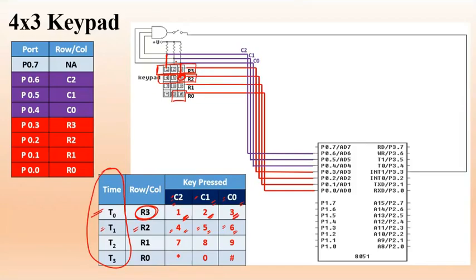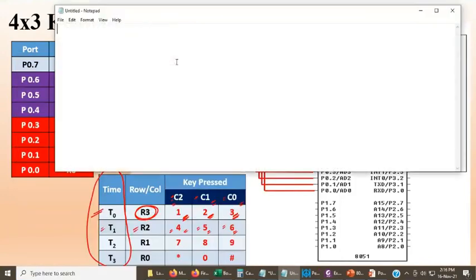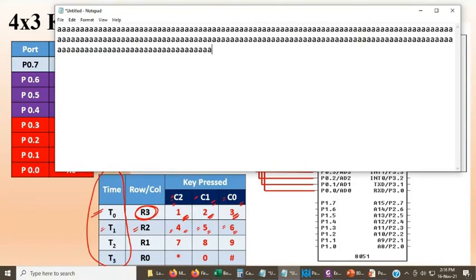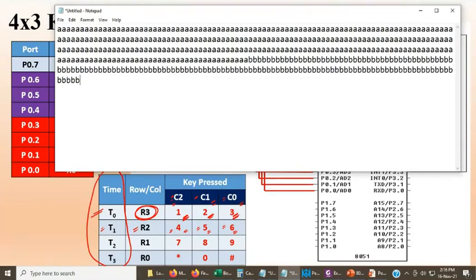For example, let me show you, and you too can try. I am going to start a notepad. Here is the notepad. Right now, let's check the algorithm that is followed in my keyboard. I am pressing A and I am not leaving it. Right now you can see A is continuously getting pressed. So this is a level triggered kind of thing. Then, keeping A pressed, I am pressing B. And suddenly you see, without even leaving A, now both A and B are pressed, but still B is getting printed.